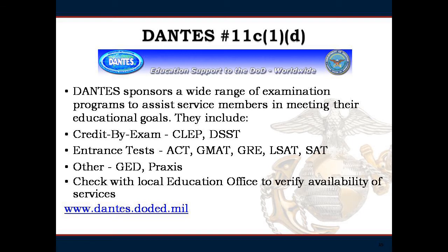Dantes, 11C1D. Dantes has traditional and non-traditional education opportunities, and you can see a few examples of these on the slide. Dantes is the home of the College Level Examination Program, also known as CLEP, and the Service Member Opportunity College, or SOC. CLEP provides students of any age with the opportunity to demonstrate college-level achievement through a program of exams